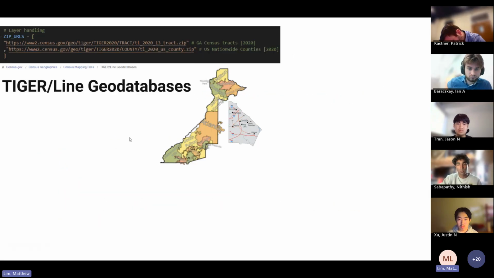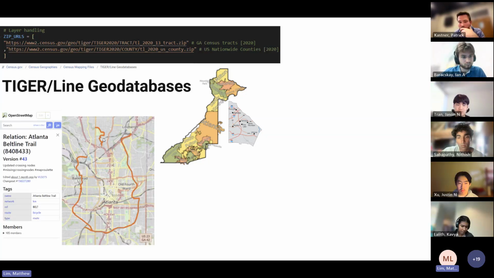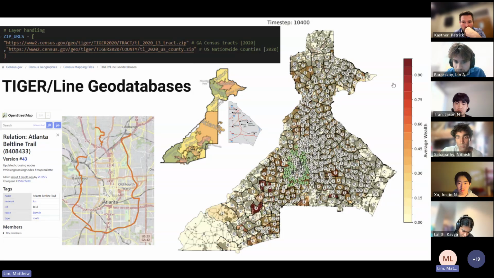And we pull our data from primarily the census. And so first we get the outline of the counties from the census. And then we get the shape of the Beltline from OpenStreetMap, and we overlay the Beltline onto the census tracts in the counties. And then we get this. So what you see here is the agents moving from census tract to census tract over and over again. And over time, they'll center around census tracts which they like, which we can see the Beltline, which is marked by these green dots, have the most agents, which is exactly the behavior that we want to see.